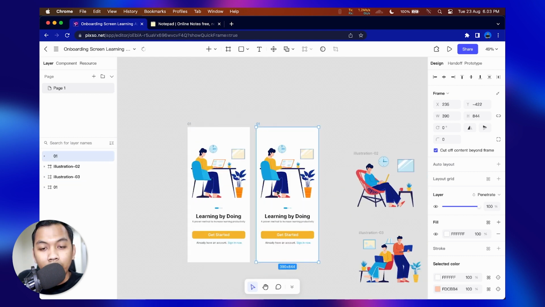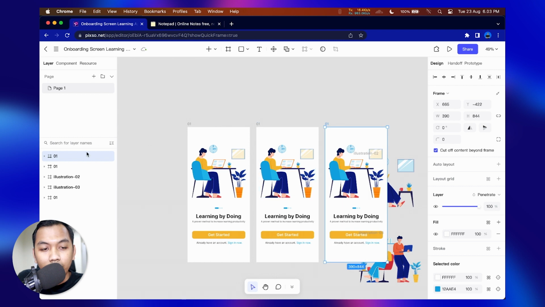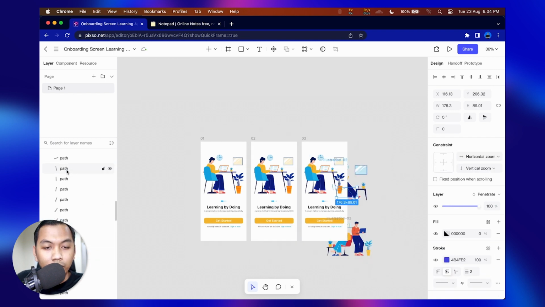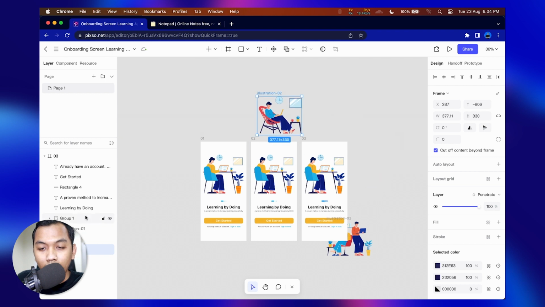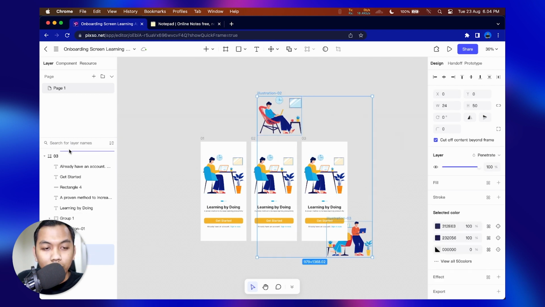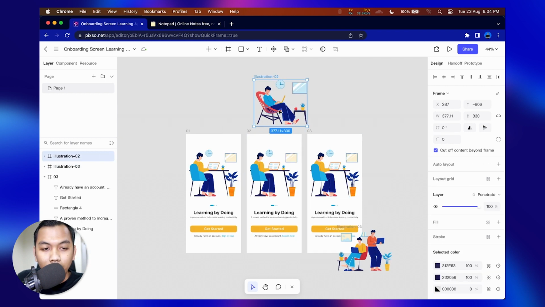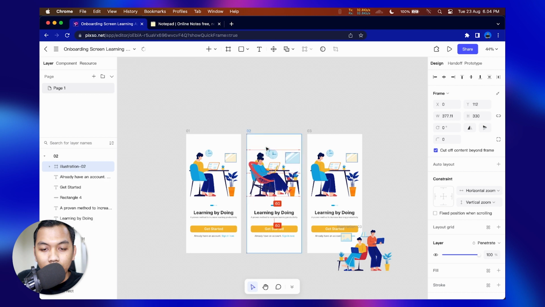Just press Command D again, and change this to the second one, and this to 3. And we need to select the second illustration. So we need to move this to top, and this illustration 2 move to the second screen, and we need to delete this illustration 1.